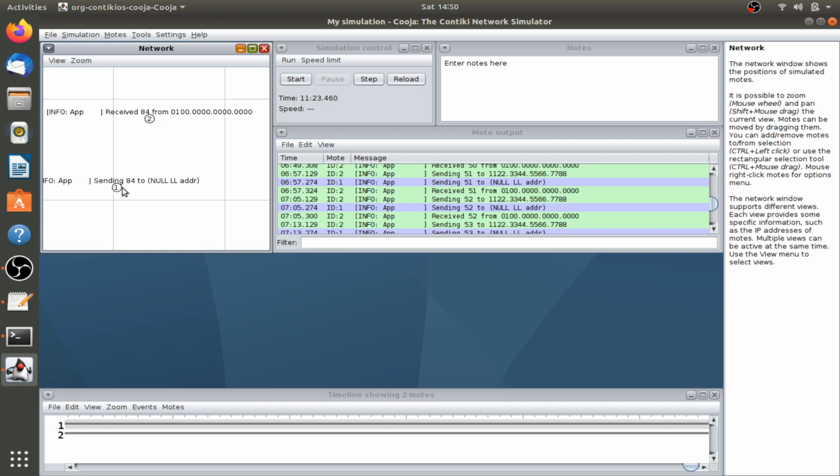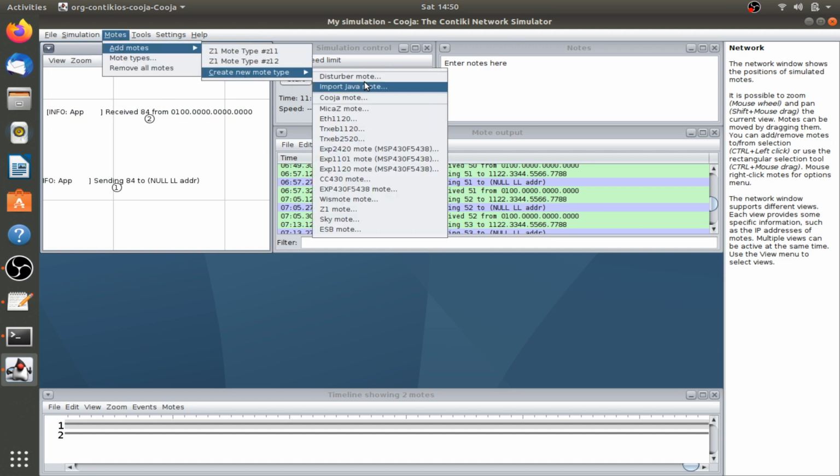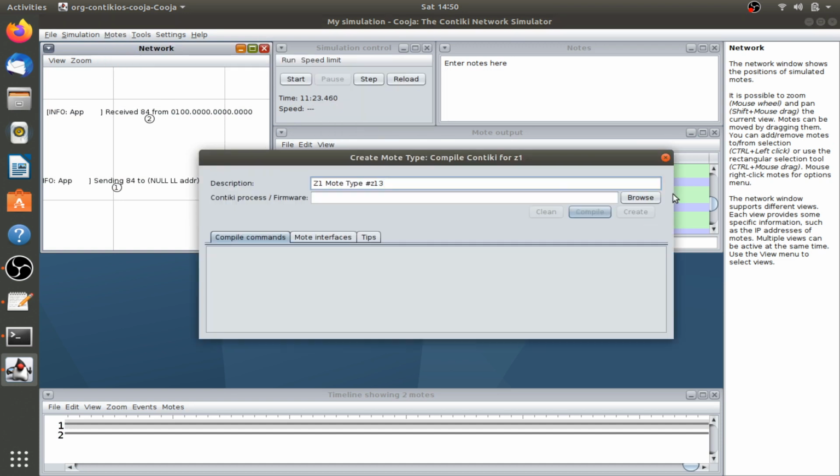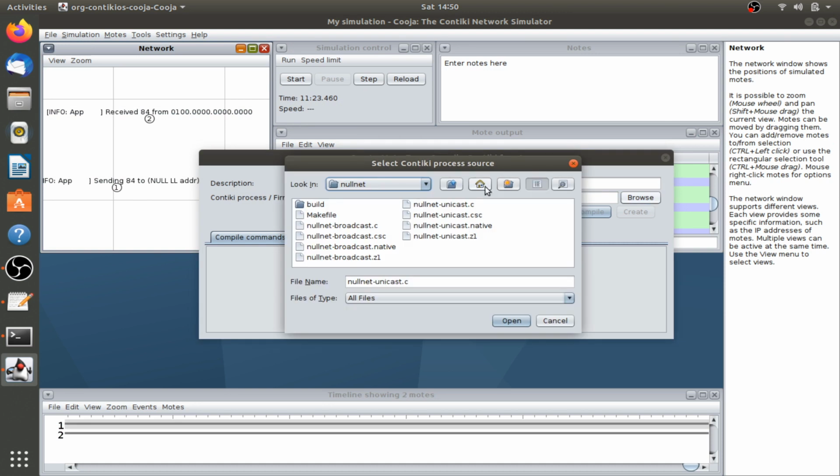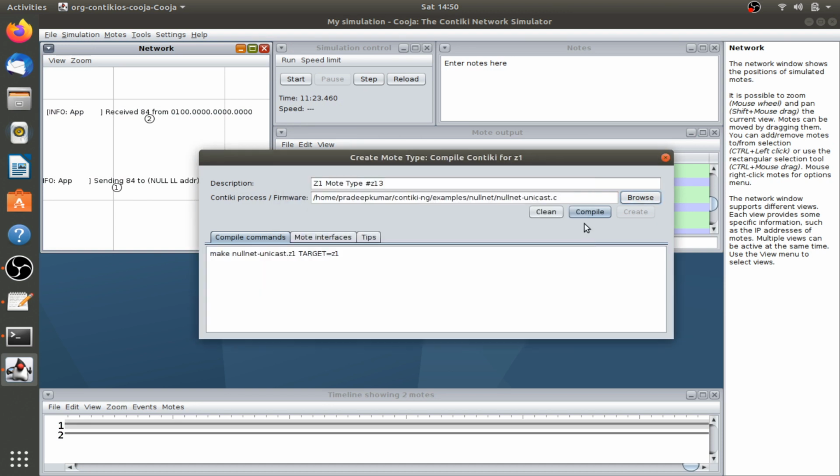Using this we can do so many actions. One node can control other nodes, and other nodes can control other nodes. For example, I'll create two more nodes in Z1 with unicast.